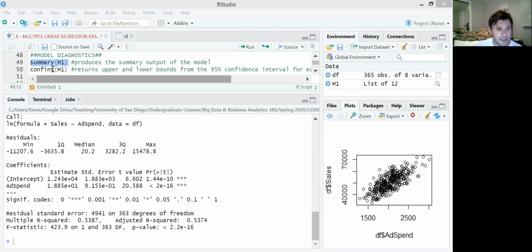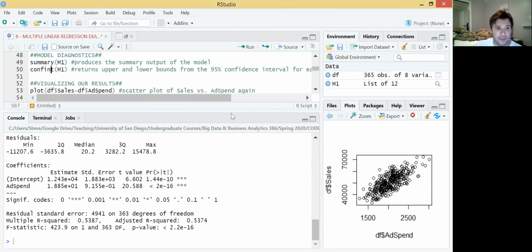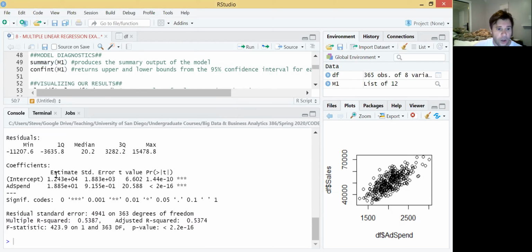What this next line does is it returns the upper and lower bounds for a 95% confidence interval on these parameter estimates. So remember what our parameter estimates were. B0 was 1.243 times 10 to the 4th. And we had this coefficient on ad spend, which was 1.885 times 10 to the 1st power. And if we run the confint function on M1,